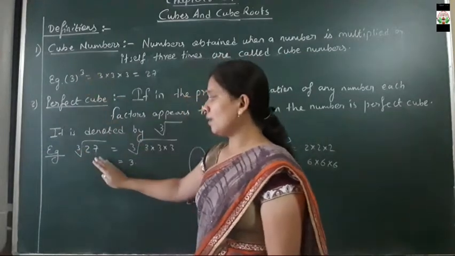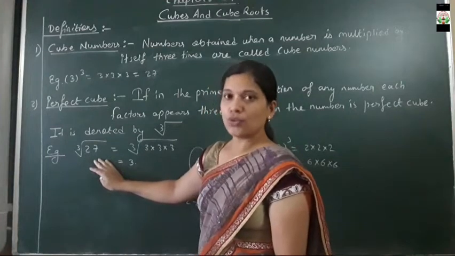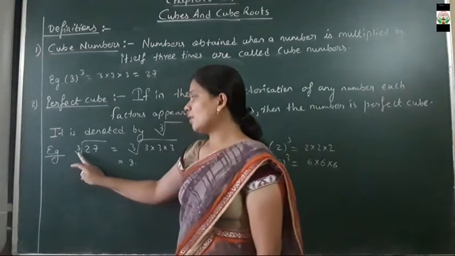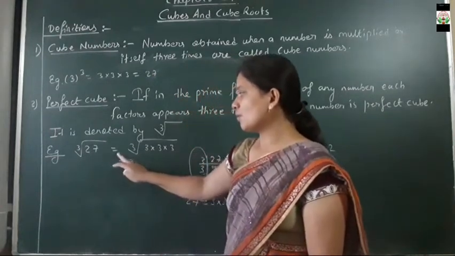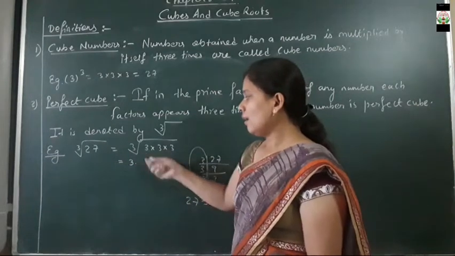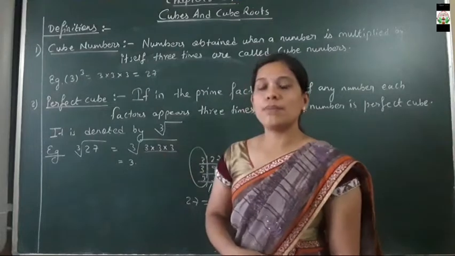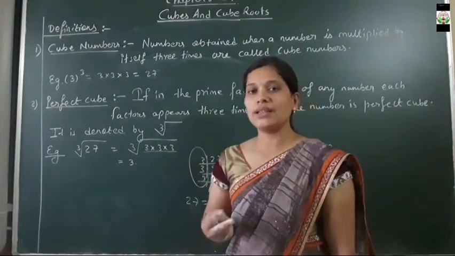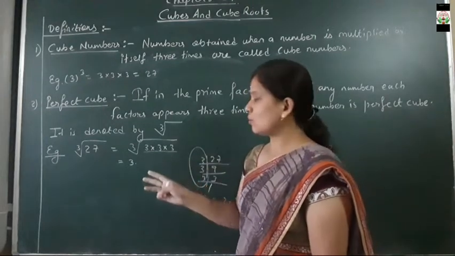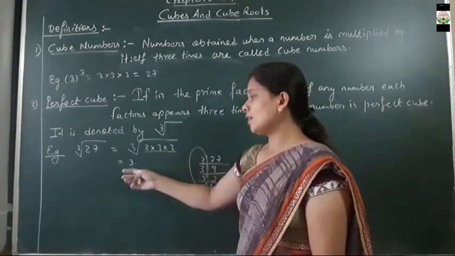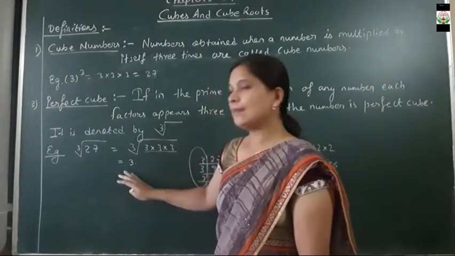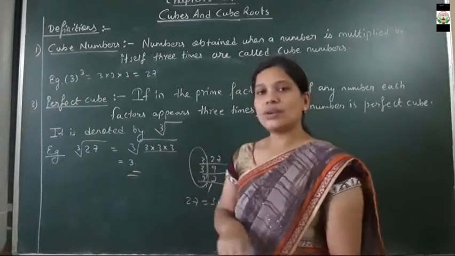Now come to the cube root. So what is a cube root? Cube root is denoted by root 3. The cube root of 27 equals all the factors of 27, written as 3 into 3 into 3, making a group of the 3 numbers. Always remember that in the square root we make pairs of two numbers, but in the cube root we make groups of 3 numbers. Making the group of 3 numbers, one of the 3s comes outside, which is the cube root of 27. So the cube root of 27 is 3. This is the answer. So clear, everyone?